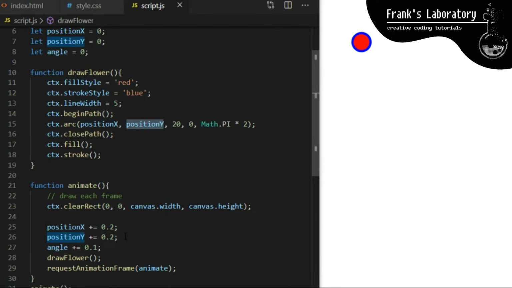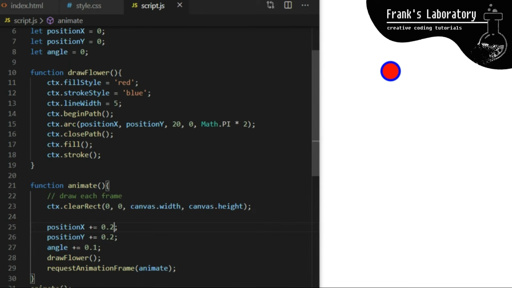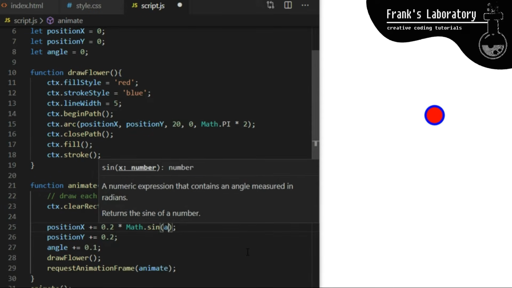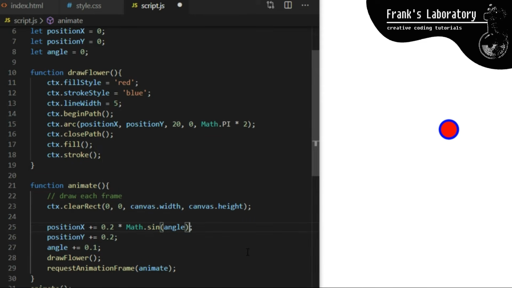On line 25, we have a variable that determines horizontal position of our particle. I will multiply it by Math.sin built-in JavaScript method, and I pass it angle, the variable we declared on line 8, and which we are increasing by 0.1 for every frame of animation on line 27. All that Math.sin does is it returns a number between -1 and +1.